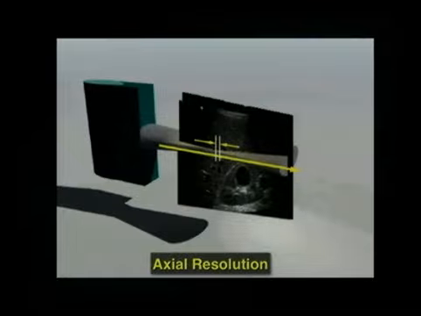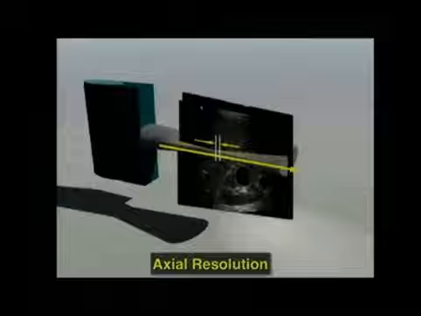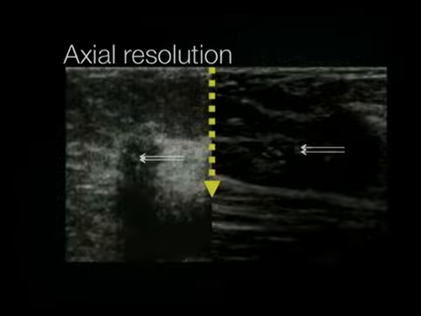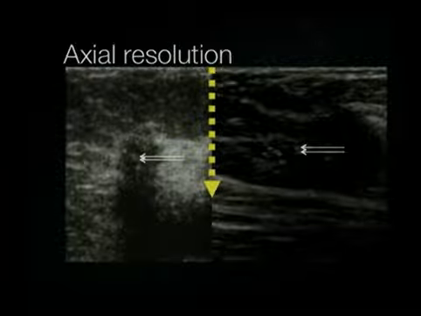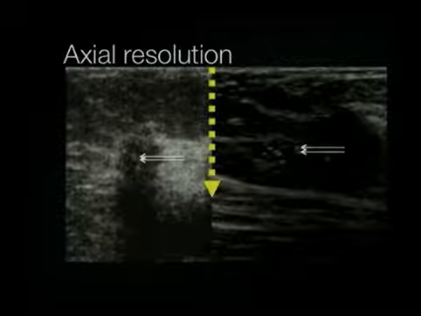First, let's talk about resolution. The ultrasound image is a two-dimensional image, but there are three components to the resolution displayed in the image. The first is the axial resolution, the resolution along the axis of the ultrasound beam. The axial resolution determines the ability to differentiate as separate two objects that lie along the path of the ultrasound